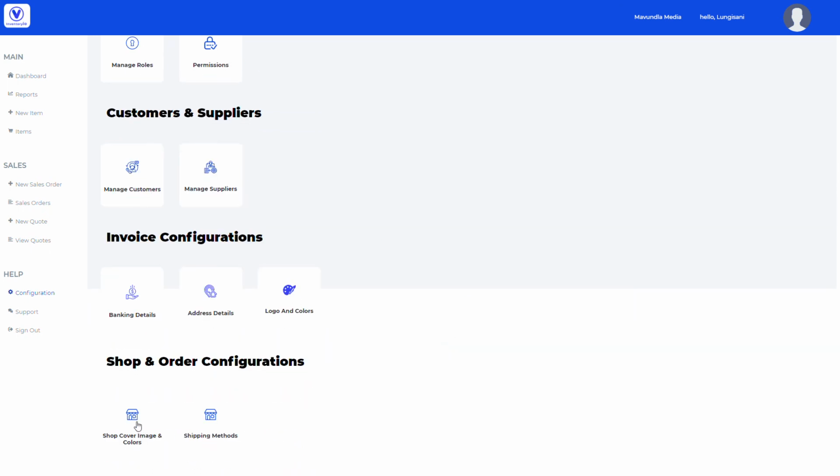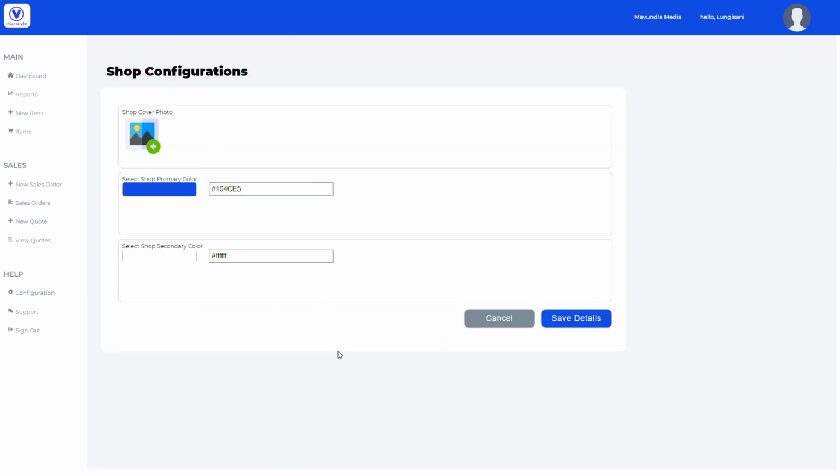Furthermore, we have a shop configuration. Here on the shop configuration, what we are doing is we're basically allowing you to configure the way that your shop would look. So you would have a cover